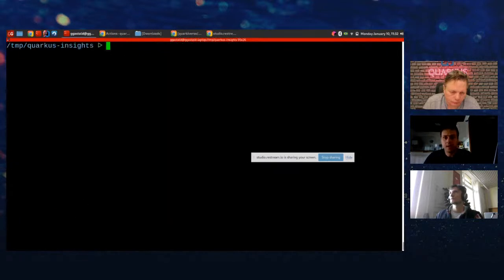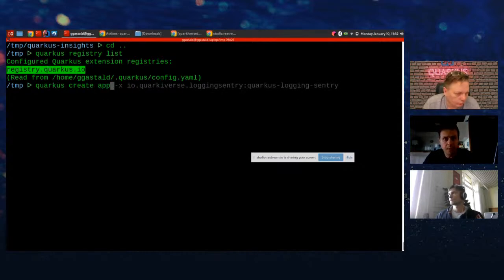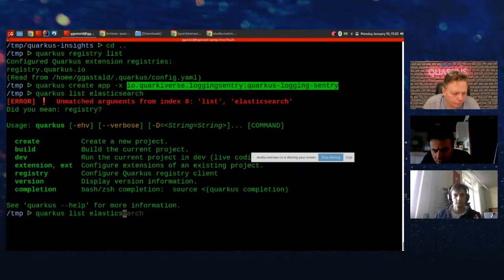Meanwhile, if you want to use the Quarkus CLI, there are commands here, like quarkus registry list, if you want to list the registries that you're already using. Here I am using just the community one. This registry will be automatically picked up by default when you use the Quarkus CLI, and you can also create an app. For instance, you can specify the extensions that you want to use, or if you just want to list extensions,